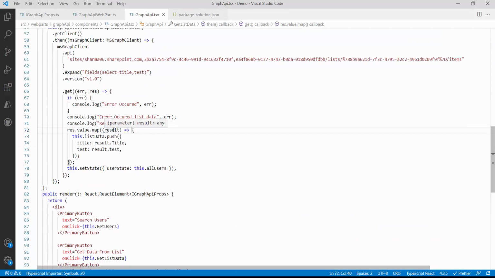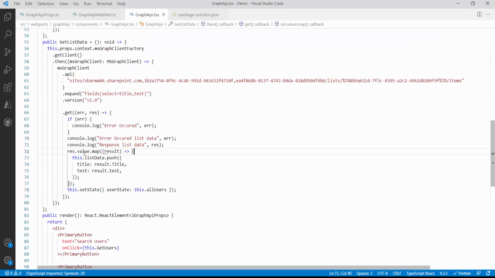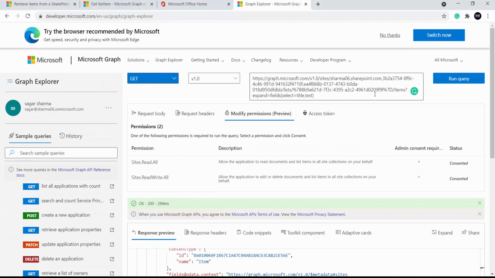Let's go back. Error is pretty self-explanatory. Let's try to fix this error over here. Here it is saying there is some error. Okay, so over here what I have to do, I have to use this dollar also. Dollar select is equal to title. This you please remember. You remember two things. If I go to the Graph Explorer again, over here this REST API is working as it is with query string, but in the SharePoint framework you have to use the expand section and you have to put dollar over here. So just remember these two things.